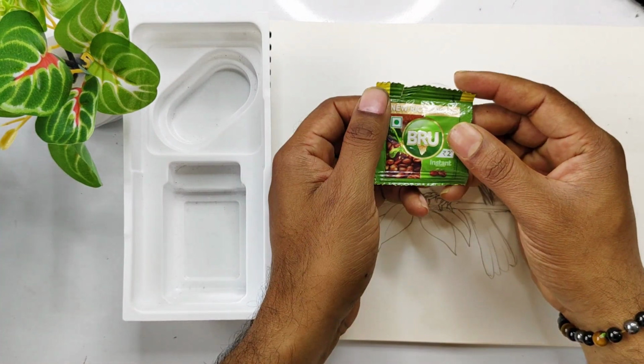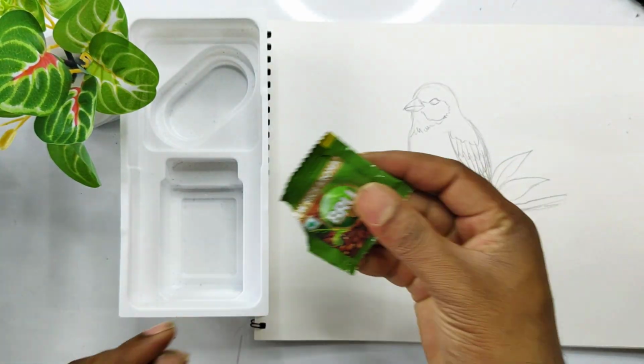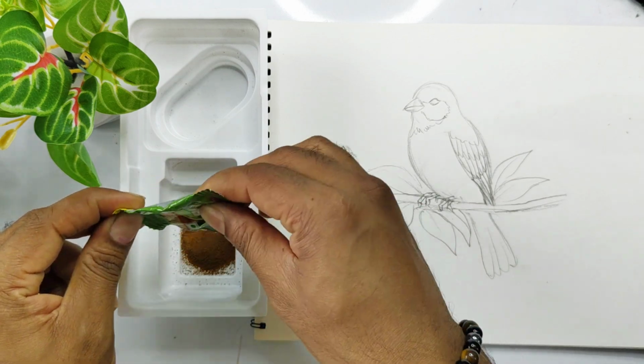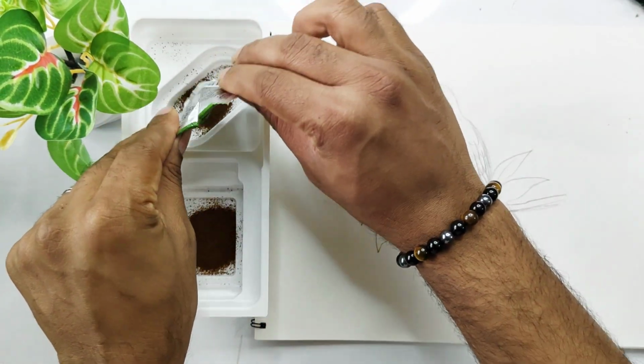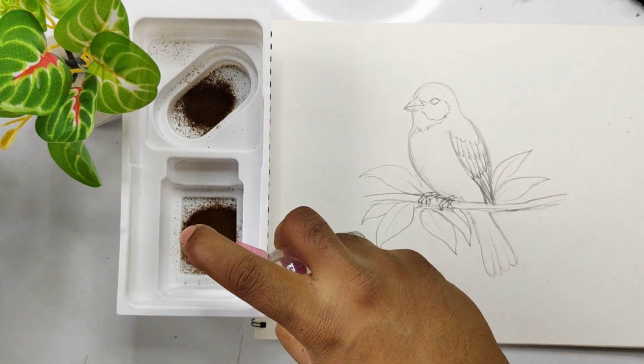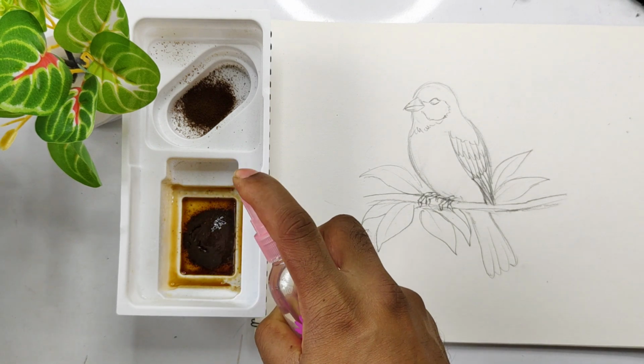So I just bought brew instant coffee powder, just for 2 rupees. So I'm gonna pour it into a bowl, the majority on one side, and a little on the other side. So I'm gonna add some water to both of them. In the first one, I'm gonna add a little more,